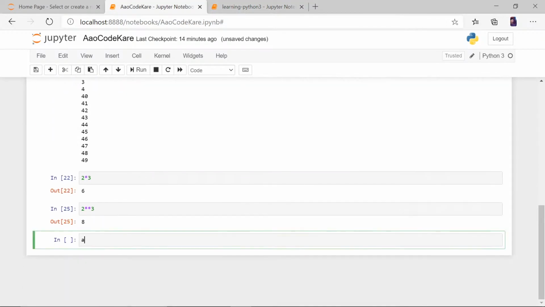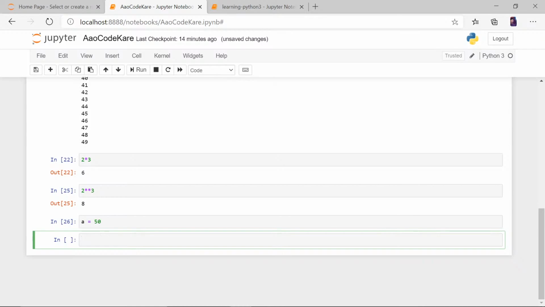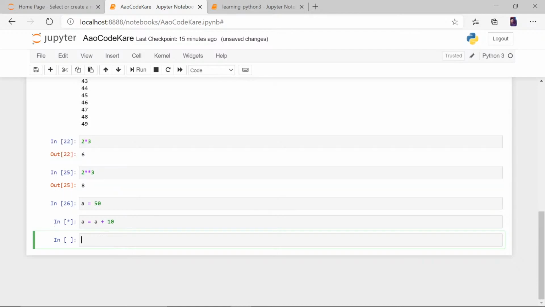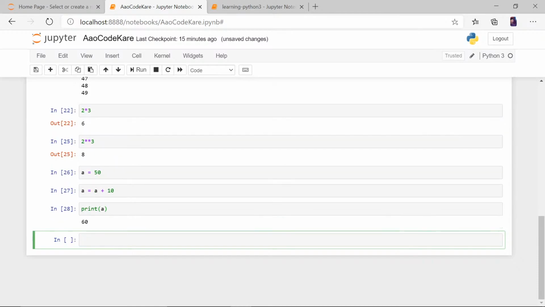So if you have a is equal to, suppose, 50, right? a is 50. So a equals a plus 10. This is what normally people do. And let's print a now. So here you can see it is 60.